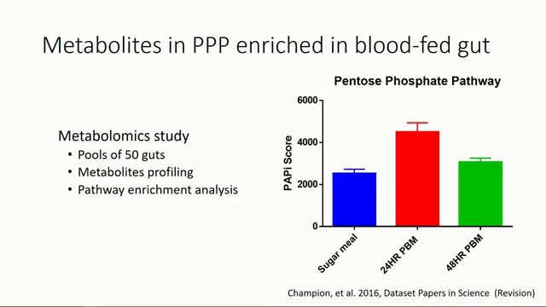And what we find is that the pentose phosphate pathway, so those metabolites that are associated with the pentose phosphate pathway, not with other pathways such as glycolysis, are increased, relative to the amount of other metabolites within the system, 24 hours post-blood meal. We see it return back down to relatively close to baseline levels 48 hours post-blood meal. So this is more concrete evidence that the pentose phosphate pathway is contributing to the digestion of blood, and most likely contributing by providing NADPH production within the cell.